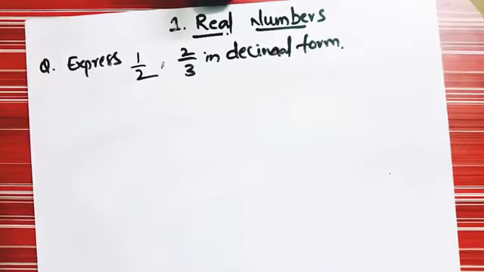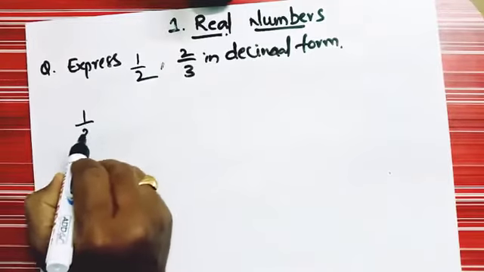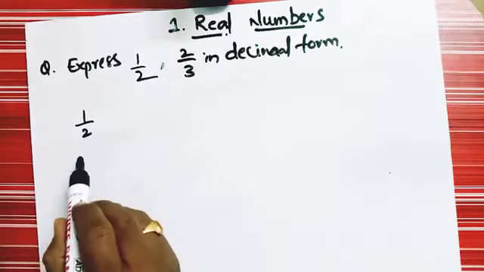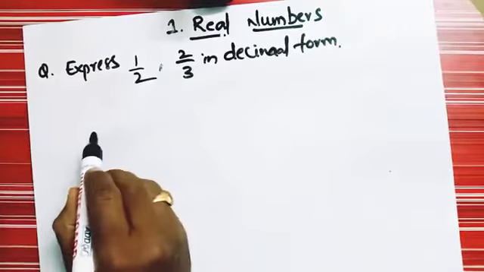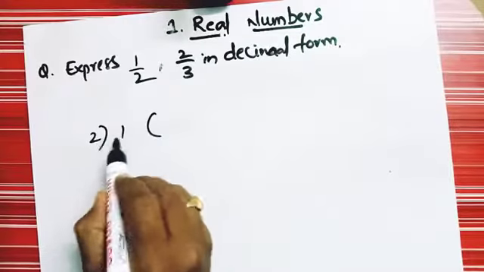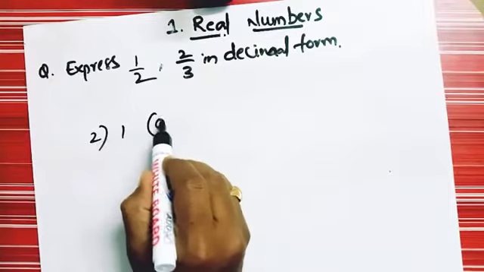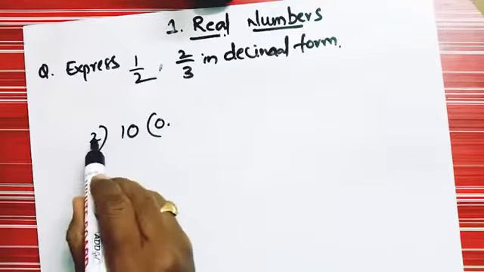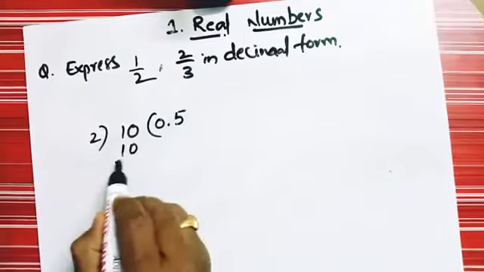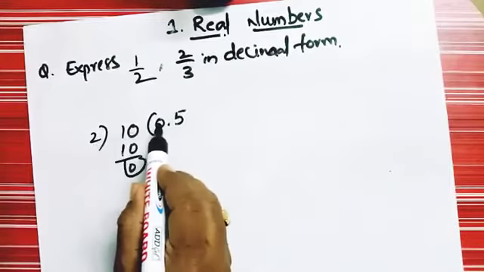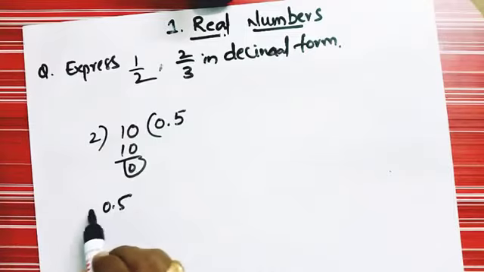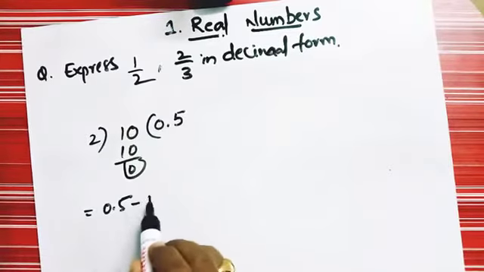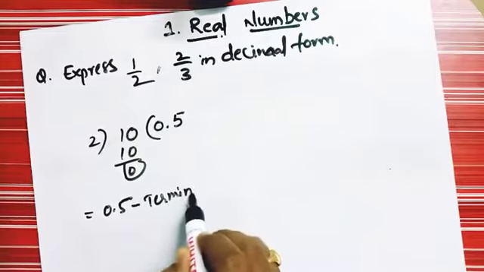Now we will go with some more problems on rational numbers. Here the question is expressing the given rational number in decimal form. So we are taking 1 by 2. We are dividing 1 by 2. In the 2 table we are not getting the 0, so you should take 0 point and you should take 0 here. Then you will get 2 times 5 is 10. Then the answer of this 1 by 2 is 0.5, the final answer. We are calling this a terminating decimal.